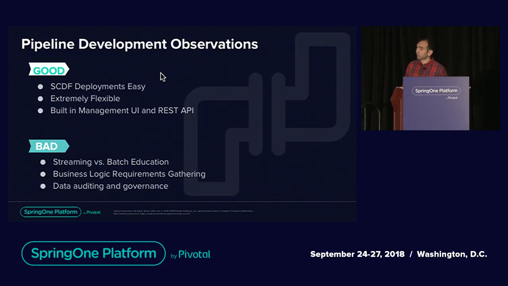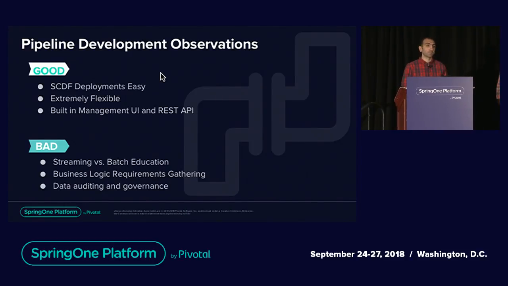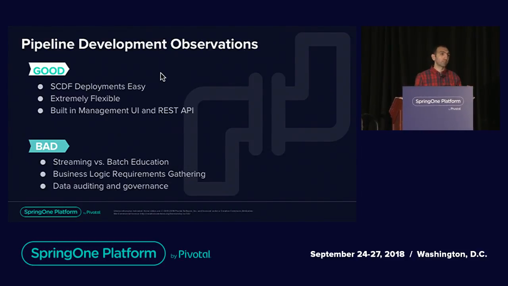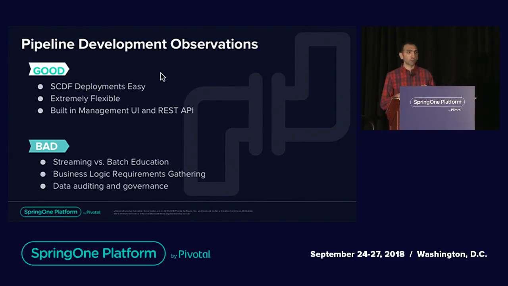So another important advantage is the freedom and flexibility it gives to developers to create those custom applications, because business requirements are getting more and more complicated, but it doesn't mean that it should take more effort to develop it. And Spring Cloud Dataflow really helps with that.